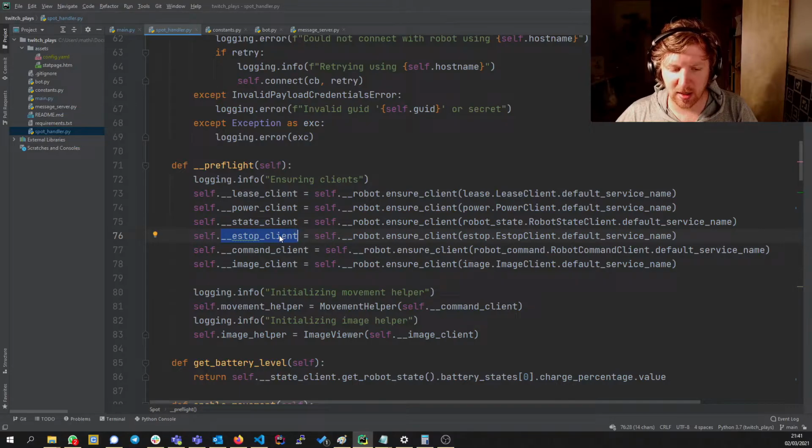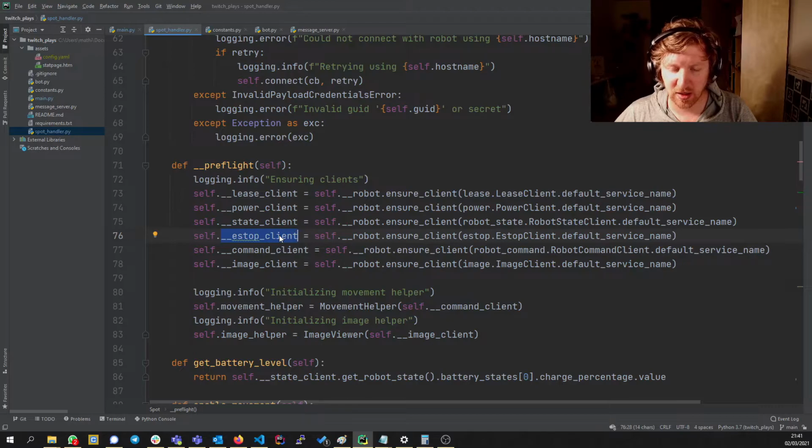I can still send an emergency stop if needed. If the e-stop client fails to ping the robot in the allotted time, the motors will shut down, either safely or just fall flat